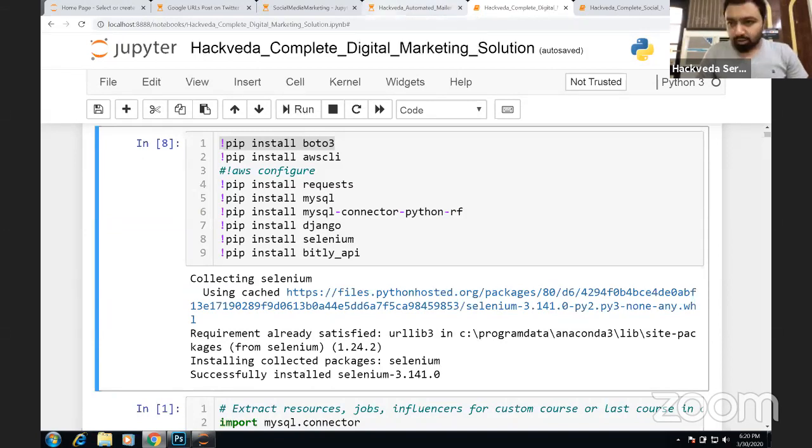So guys, hope you all got an understanding of what Boto 3 is. Boto 3 is a library which helps you communicate to Simple Email Service hosted on Amazon Web Services. Now, in order to communicate with Amazon Web Services, you also need to have a library known as AWS CLI, which you can install using the PIP package installer. This command is required so that you can execute your command from Jupyter Notebook itself. And once you have executed it, you will be able to get AWS CLI installed.